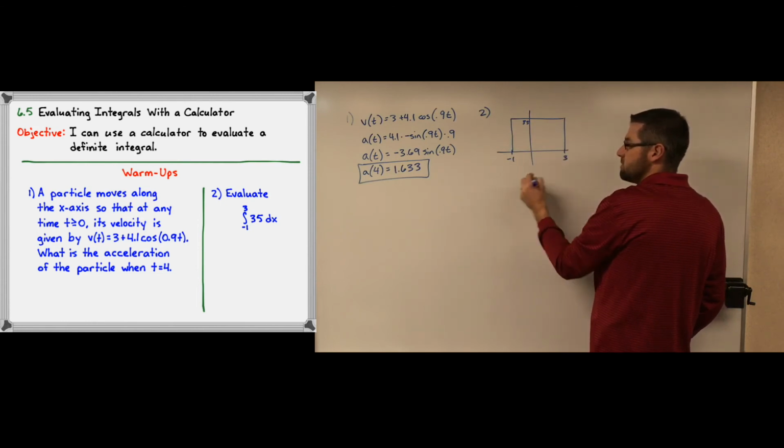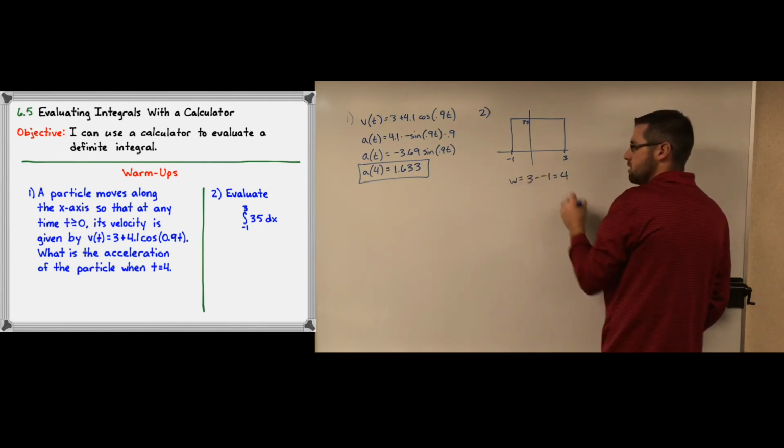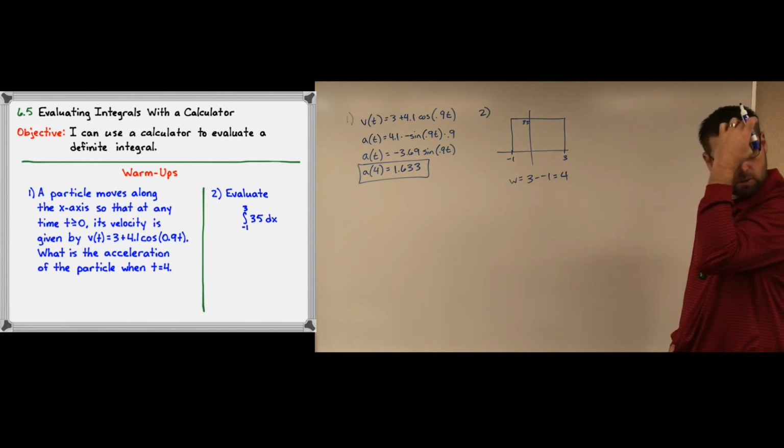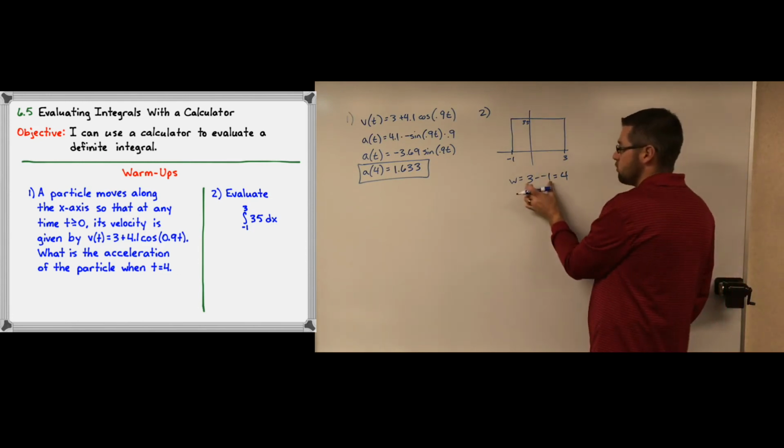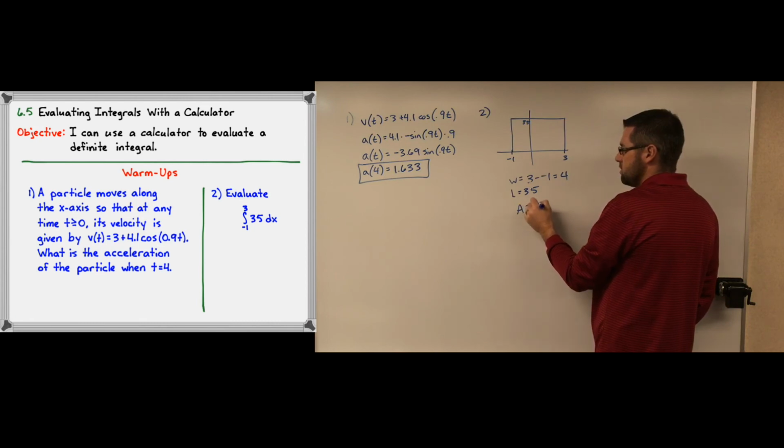Okay, and I'm going to show this because later on it will matter. The width of the rectangle is going to be 3 minus -1. That's going to be important later on when we get deeper into this, to see it this way. And then what's the height? So we can say the length is 35. So the area is length times width, so 4 times 35, which is